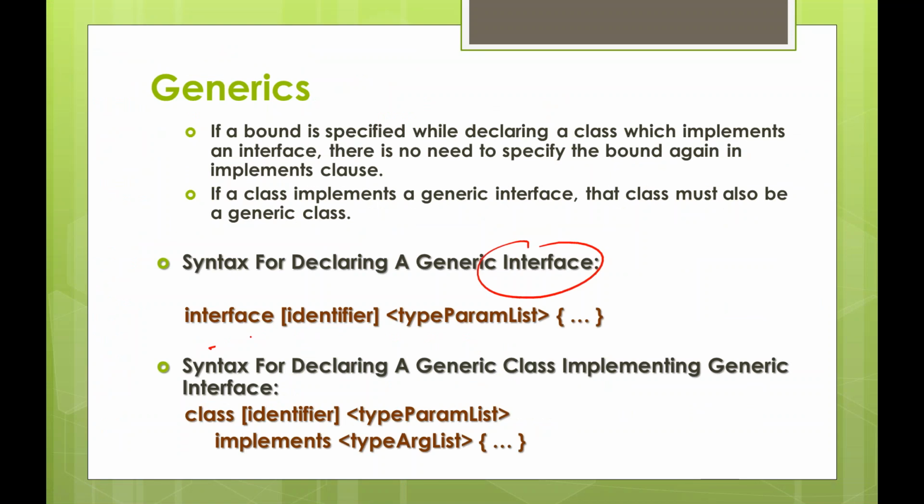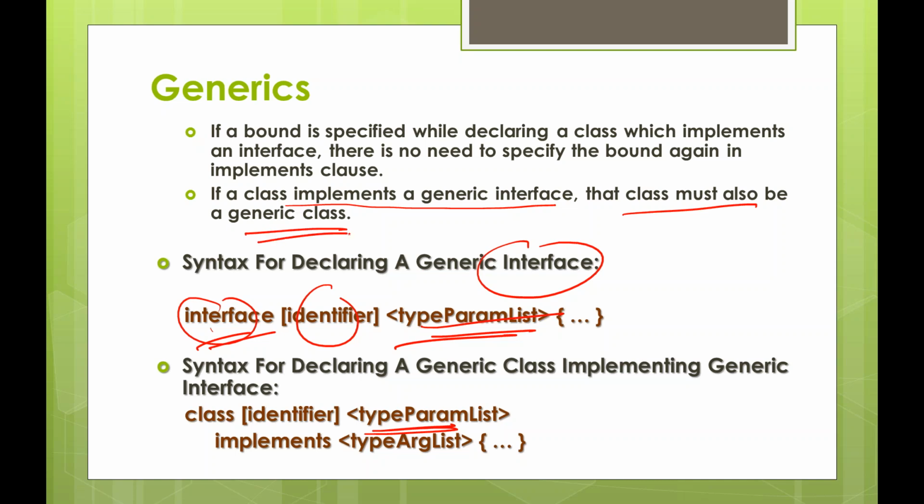So syntax for generic interface, we know the interface, identifier, type parameter list, but while declaring, you have to specify this. Some important things. One important thing that we need to remember is if a class implements a generic interface, that class must also be a generic class. That is very, very important. You cannot implement a generic interface on a non-generic class,